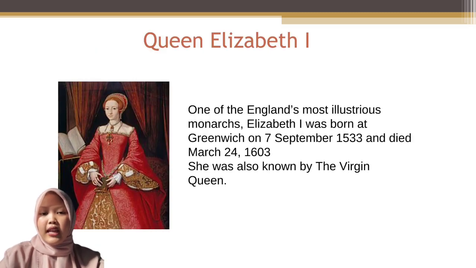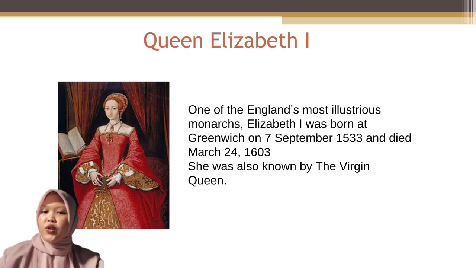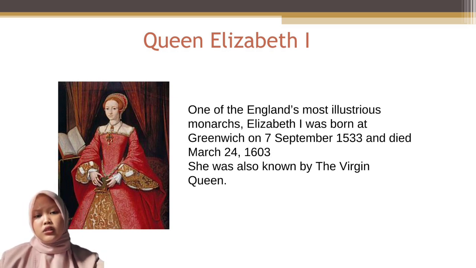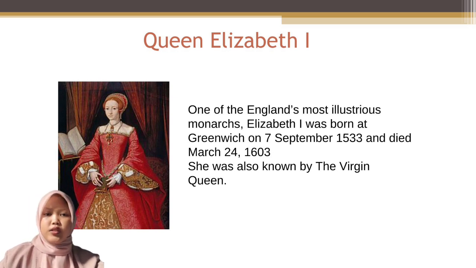Okay, next, Queen Elizabeth I. One of England's most illustrious monarchs, Elizabeth I was born at Greenwich on 7 September 1533 and died March 24, 1603. She was also known as the Virgin Queen. Elizabeth I was removed from the line of succession. Elizabeth's succession to the throne came after her half-brother died in July 1553,